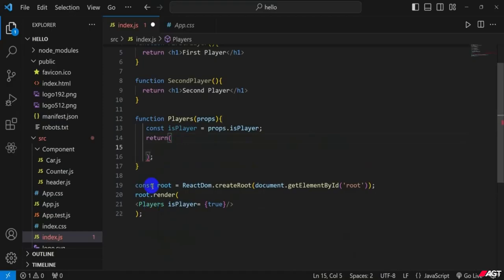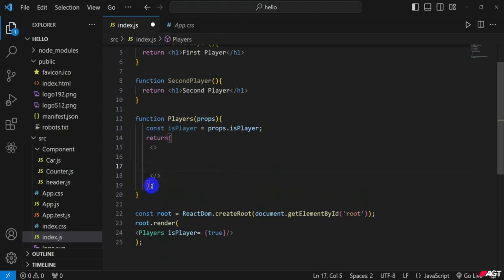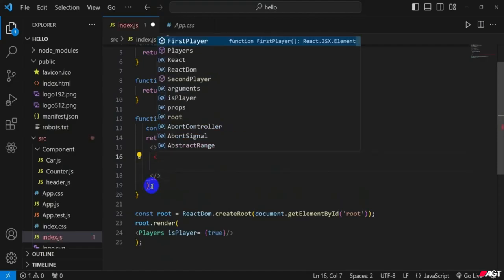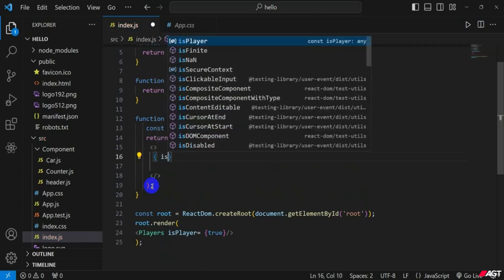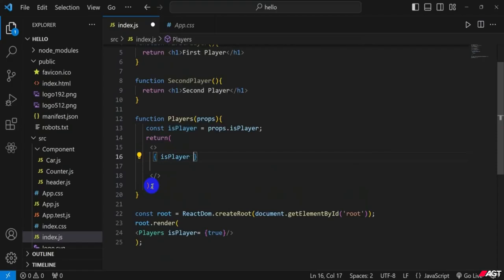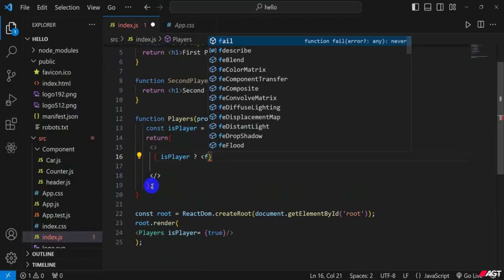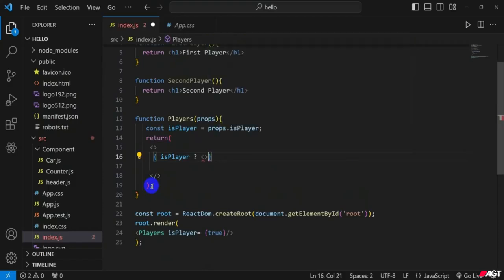Okay, return type, and create the parenthesis and the semicolon. And here first I'm inserted in this, and in this function first I'm create the curly braces opening closing, and here first I'm create the is player method, and then create the question marks, and then create the